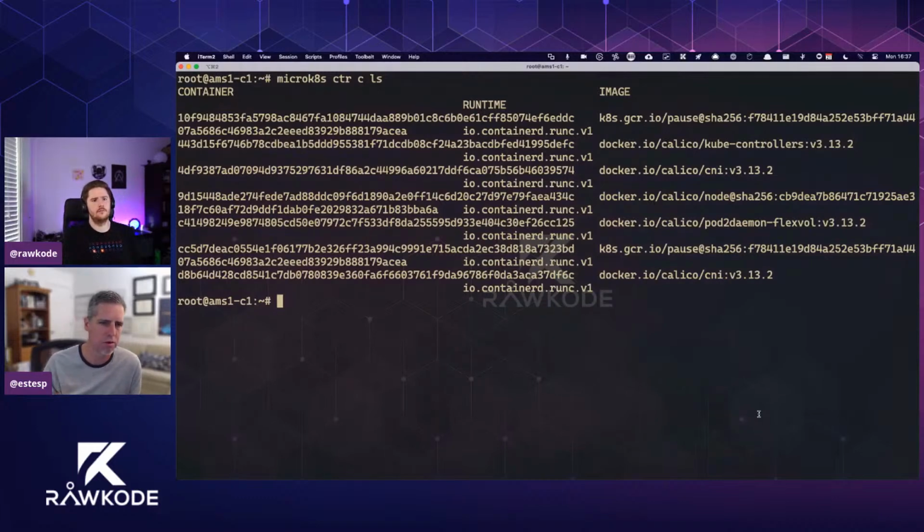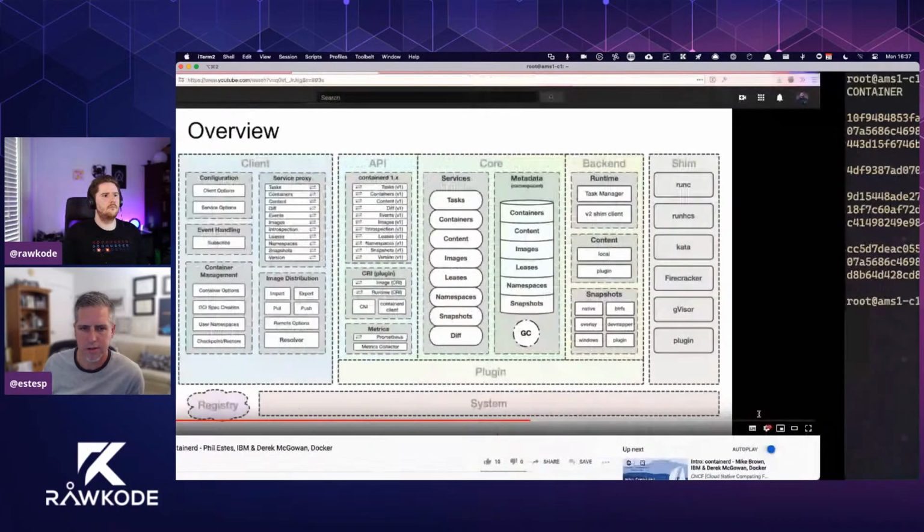So let's pull our own image. Can I ask a question? Is the pod a native concept in containerd rather than a container? No. We implement the CRI, which has some of those concepts, but it doesn't require the runtime itself to have them. If you look at that architecture diagram, it just thinks in tasks and containers.